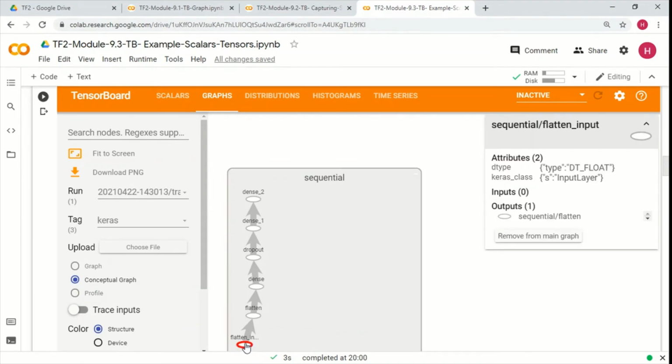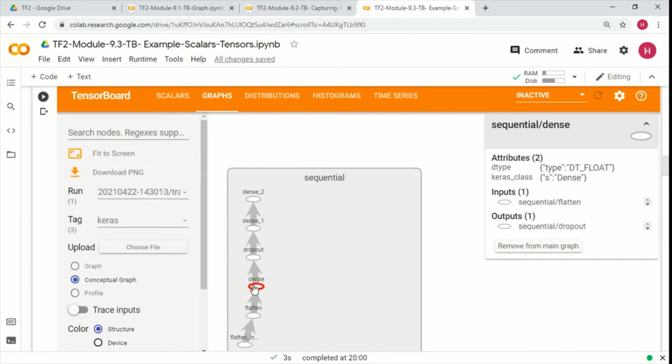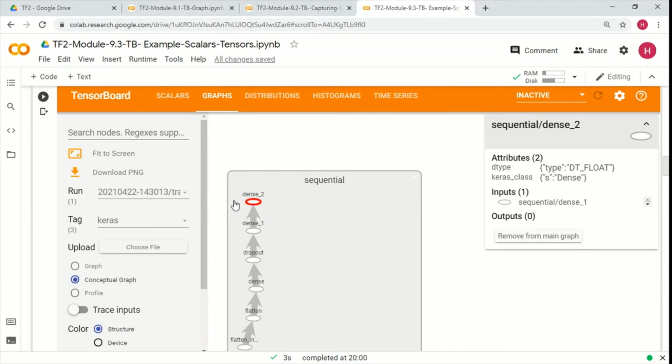For example, if I click on the flatten, or on the dense, I'll be able to see the different inputs and outputs. It'll show different details about that particular layer. Okay, so this is how the graph is going to look.